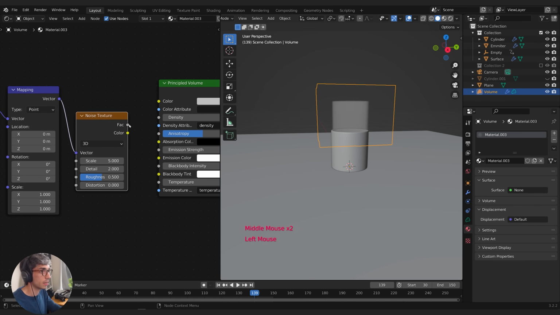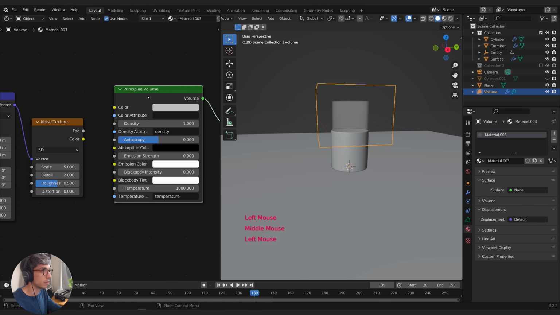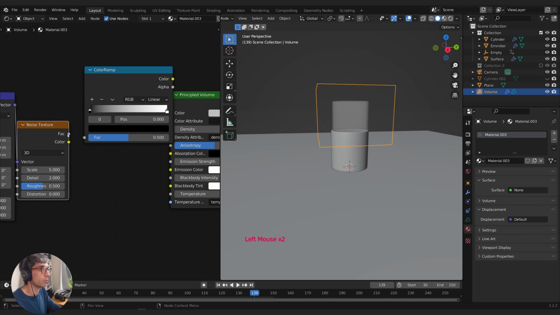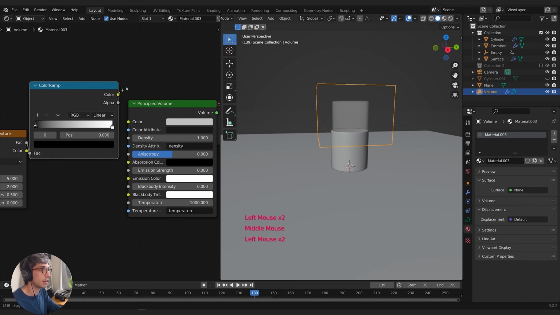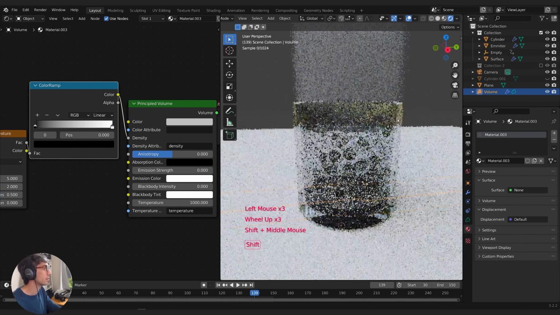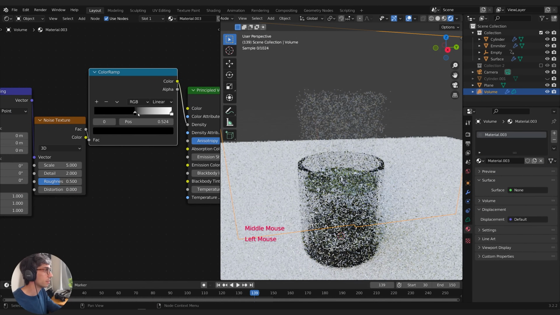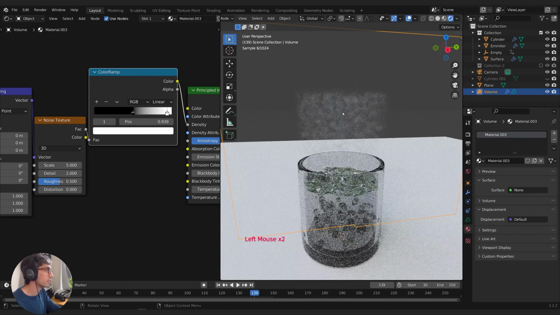And then what we can do is take the factor and let's actually add one more layer. I'm going to add a color ramp, throw that down, put the factor into the factor and the color into the density. Switch back to rendered view and let's kind of zoom in here. And I can adjust this a little bit, bring these together,